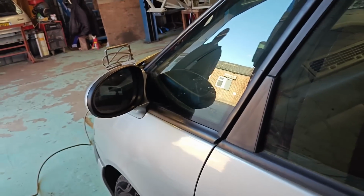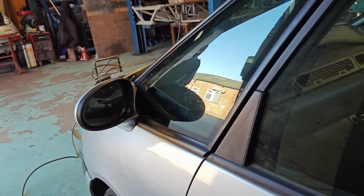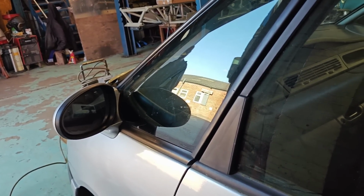Actually felt very... It actually sounds... It's weird, diesels. How similar it sounds to an XUD on tickover. It sounds quite similar. Yeah. But it feels very smooth under the throttle. I think it's a little bit quieter than...